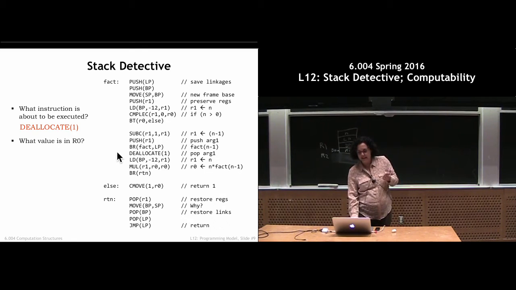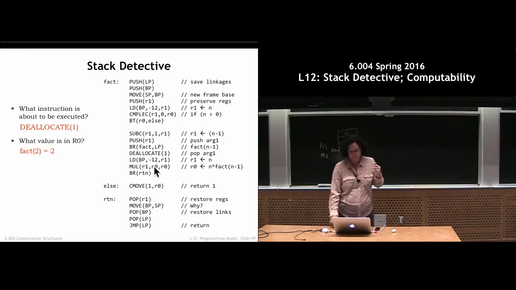Okay, so we just identified that we're at this deallocate instruction, which means that we have not yet executed this multiply instruction for the instance of factorial 3. So what's in R0 is what was returned from having called factorial of 2. Okay? And so eventually that's what's in this R0 right here. Eventually you're going to take that, you're going to multiply it by R1 in order to ultimately end up with R0 having a value of factorial of 3. But at this point in time, what's in R0 is the answer for factorial of 2. Okay? And finally,